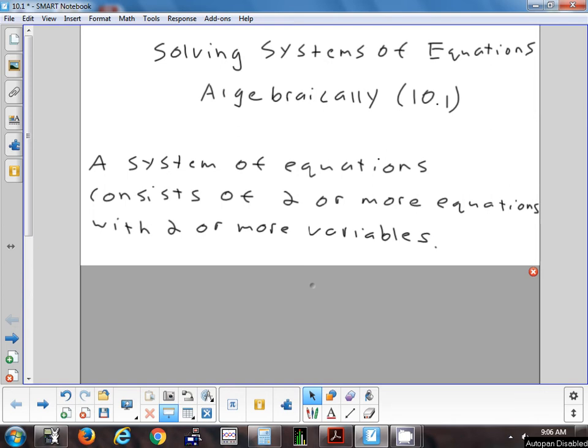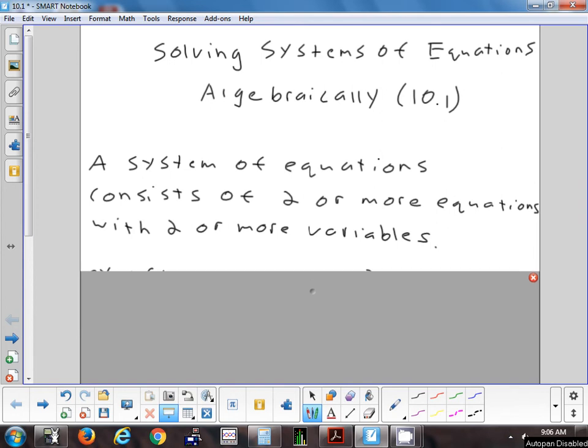And specifically for our purposes, the number of equations will always be the same as the number of variables. If there's two variables, there'll be two equations. Three variables, three equations. Interesting things happen when the number of equations doesn't equal the number of variables. For example,